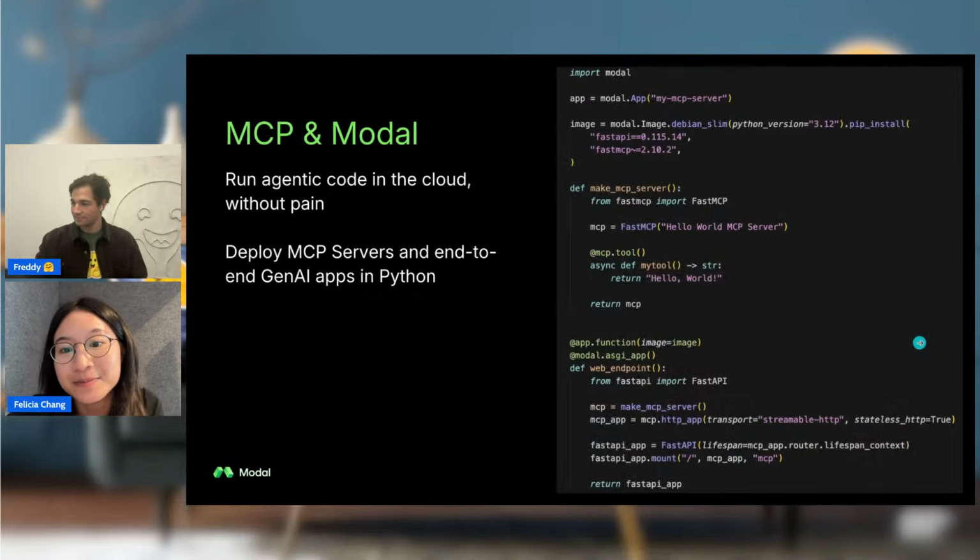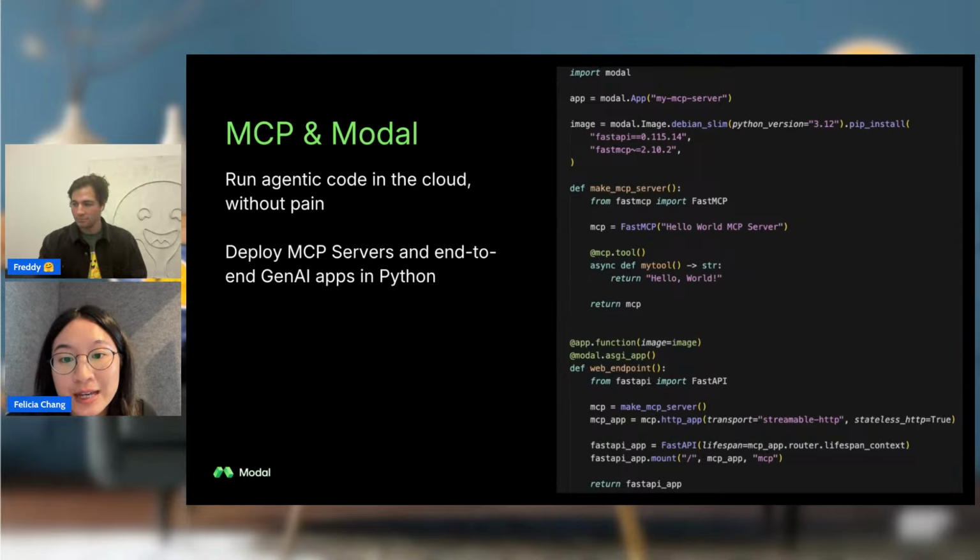Thinking specifically about building MCP with Modal, the easiest thing you can do is deploy your MCP servers and clients on Modal. A more advanced thing you can do is build tools to let your agent run code.